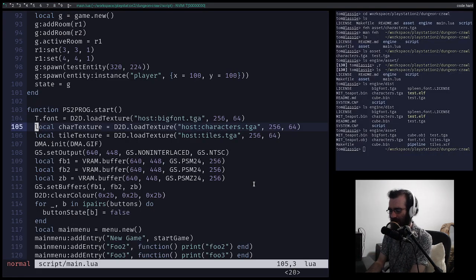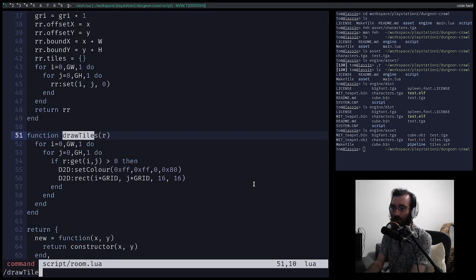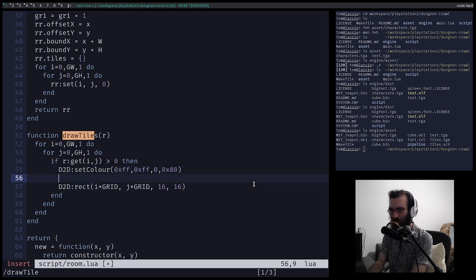Okay, so if we go into where our tiles are drawn, and I believe this is in room.lua, draw tiles. So let's just change this now, rather than just the normal rect, let's say d2d sprite. It's going to be at the same coordinates, i times grid, j times grid, 16, 16. But now we also need to give it the UV coordinate. So we'll start at 0, 0, and then 1